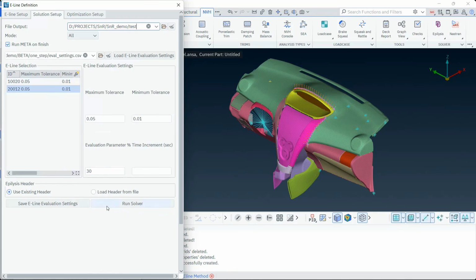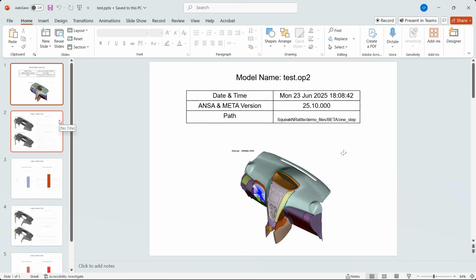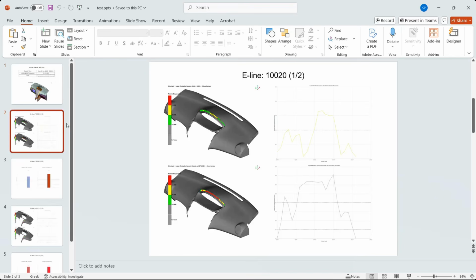Press Run Solver to start the simulation. After the solver finishes, META evaluates the results and creates a report as we can see in this example. Line plot, histogram, and evaluation contour plot functions are reported for both rattle and squeak directions for all the E-lines.